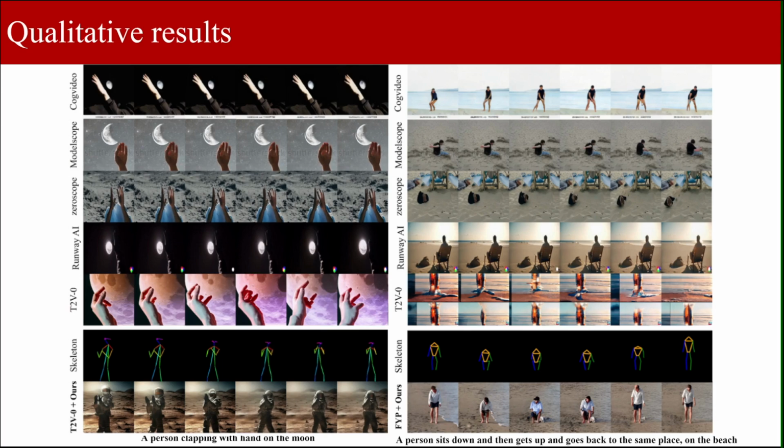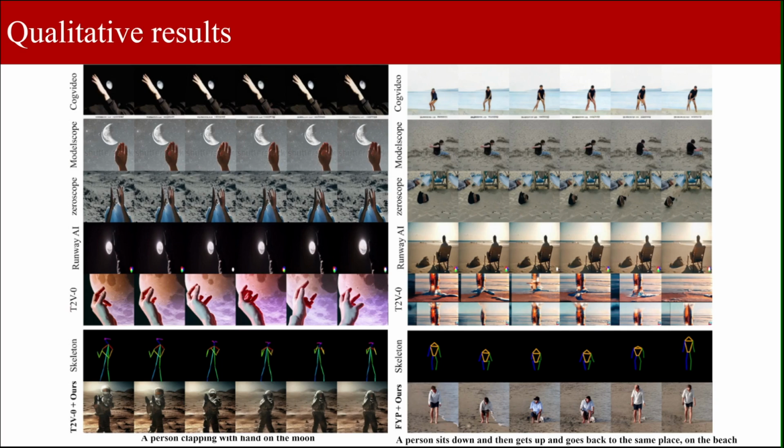Text2Video-Zero similarly encounters the issue of only generating hands, and the appearance of the hands is also far from a clapping motion. However, when our method is applied to Text2Video-Zero, we can confirm that the entire figure of a person is generated, clapping naturally. For the second prompt, "a person sits down and then gets up and goes back to